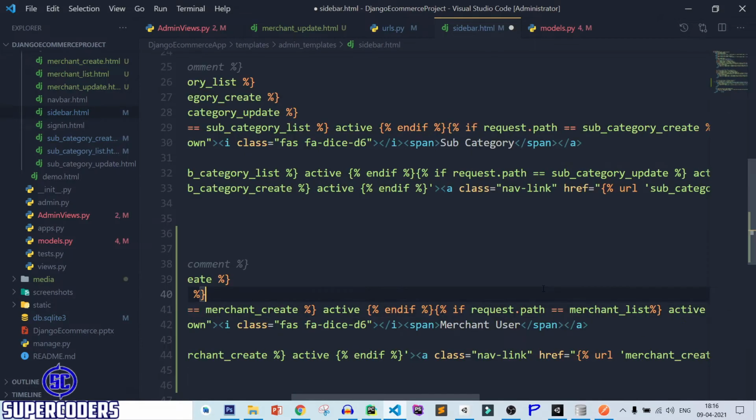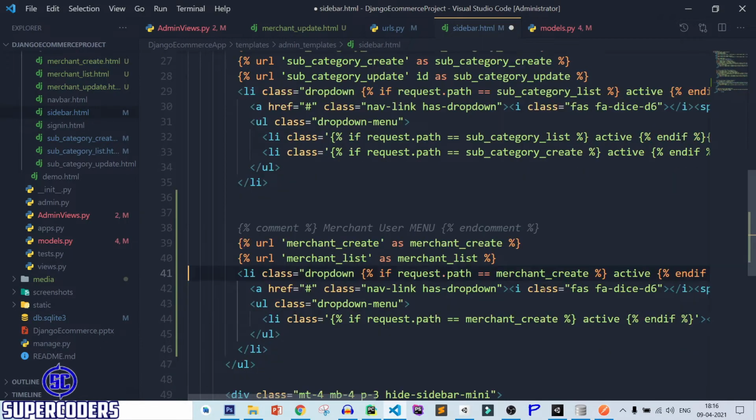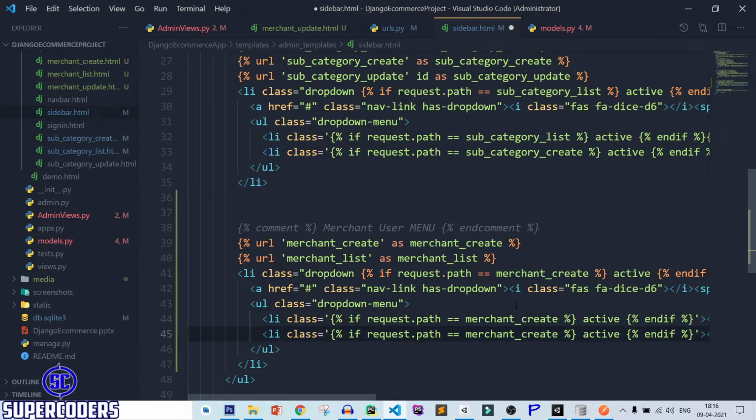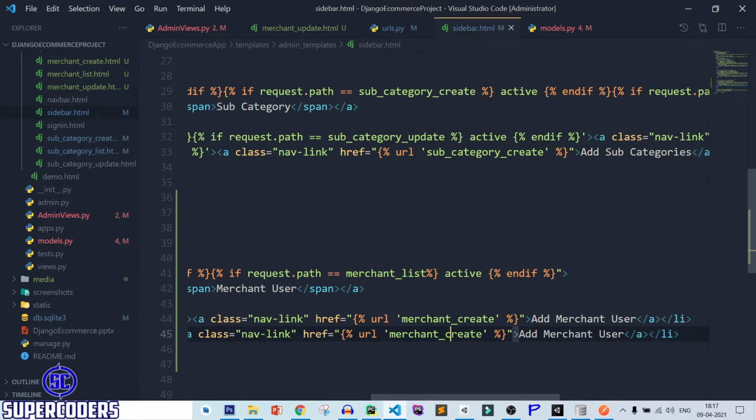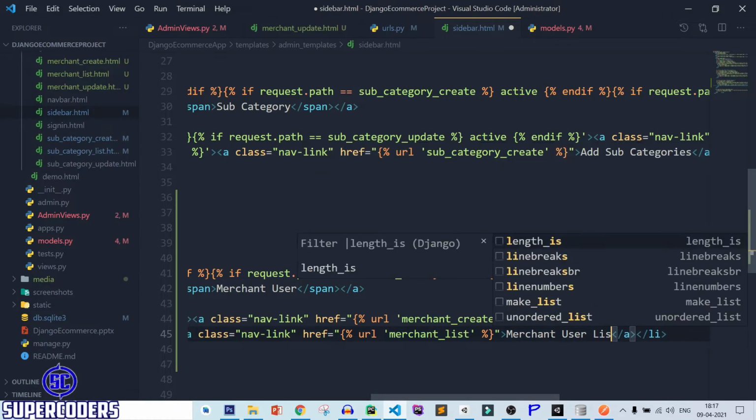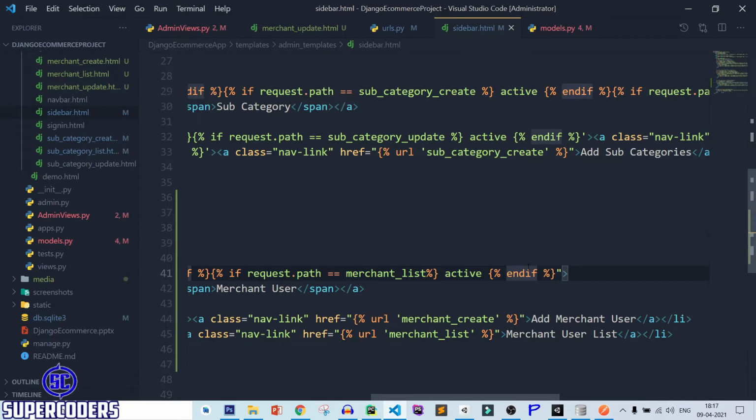And here copy this same line, merchant list, save it, merchant user list, save it.